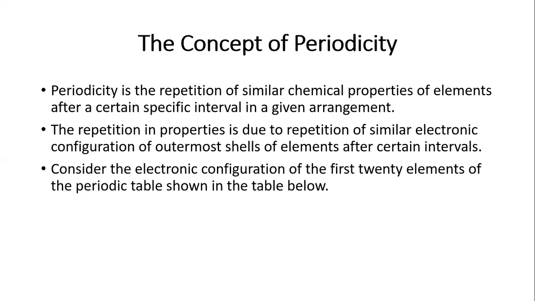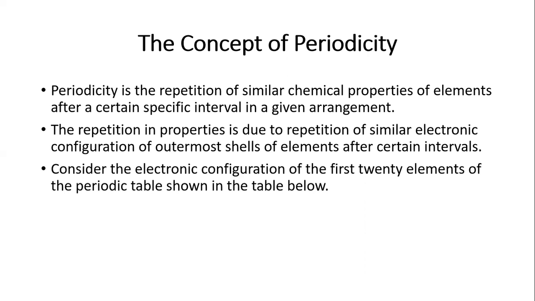In the past video, we saw the periodic table. We saw the arrangement of the first 20 elements. Now, this periodicity is simply the repetition of the similar chemical properties of the elements after a certain specific interval or number in a given arrangement. We saw the arrangement of those first 20 elements in accordance with their groups and periods. Now, the repetition in properties is due to the repetition of similar electronic configuration of the outermost shells of elements